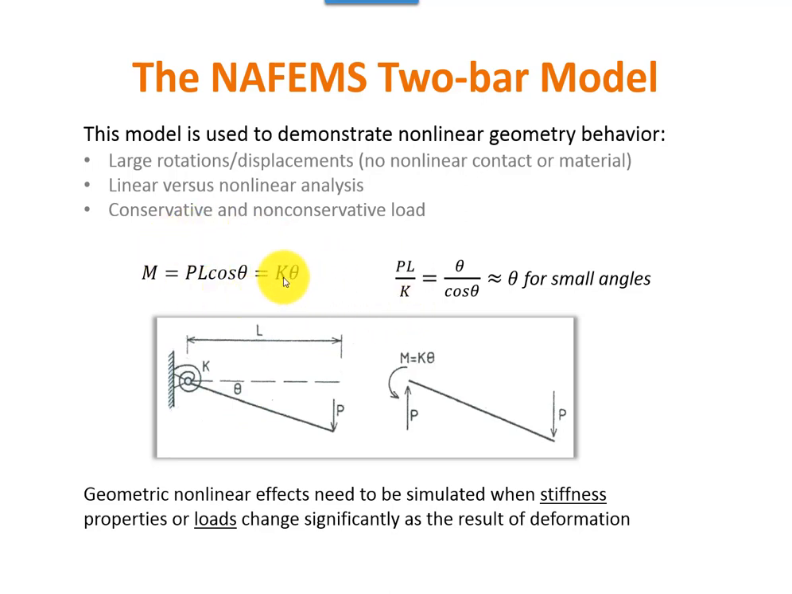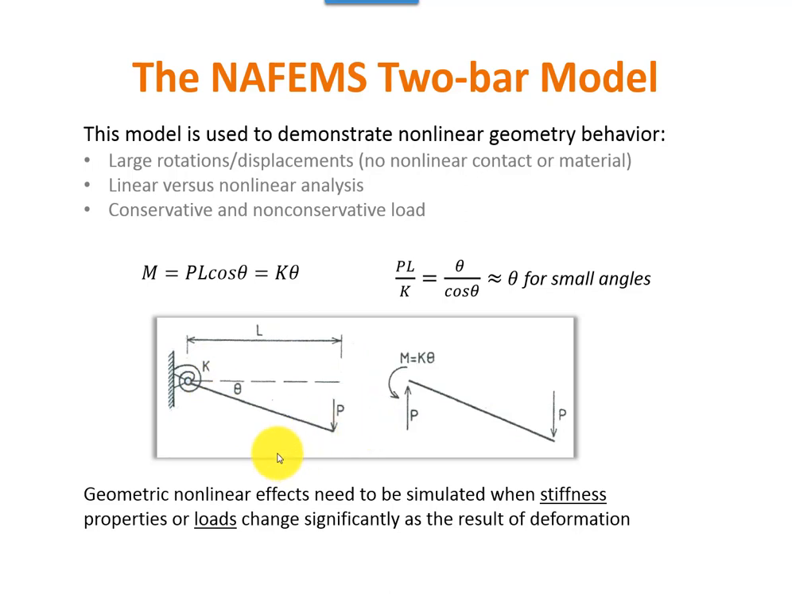You divide by the stiffness and then you get PL over K, which we will plot, equals theta over cosine theta. As you know, when the angle theta is small, cosine theta can be replaced by 1. It's almost 1. And then you can say that PL over K is theta. That means a linear relationship, while this one, for larger angles, represents a nonlinear relationship for the equation describing the